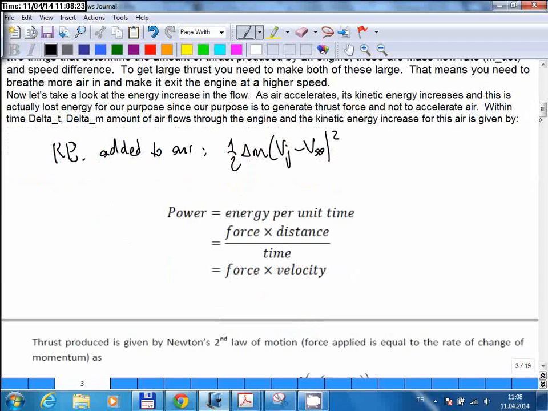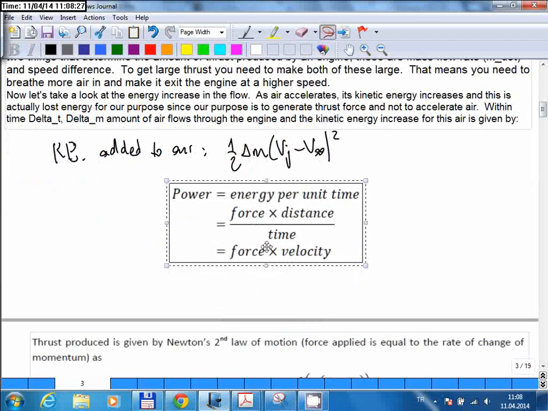Okay, now let's go to power. Again, you know this from your physics courses. Power is defined as energy per unit time, mechanical power. So if you have force, then the energy due to that force is force times distance, and if you consider the per unit time for this energy, you can write power as force times velocity,